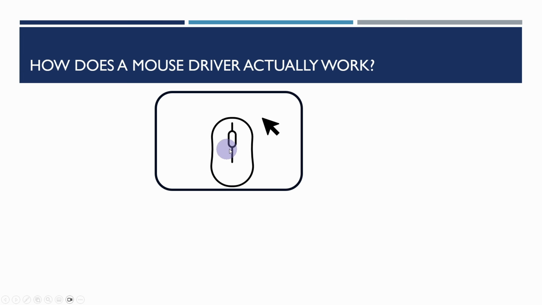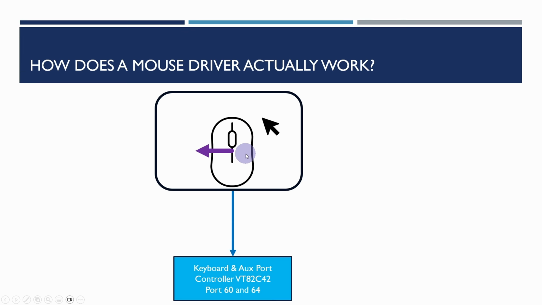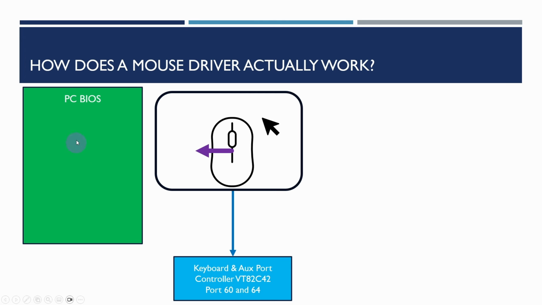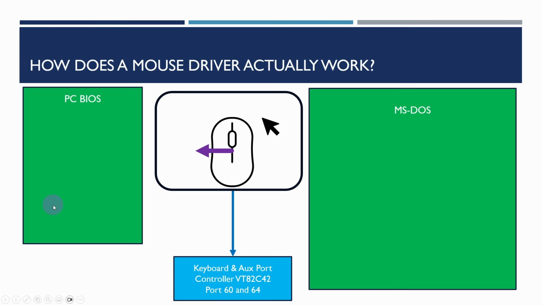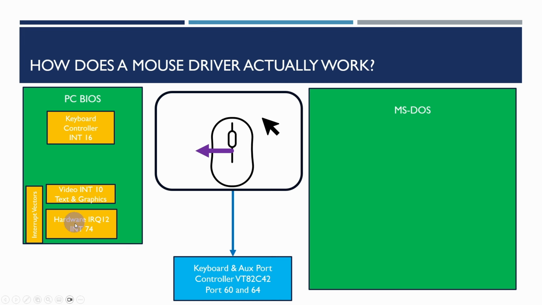So when you move the mouse on the mouse pad to the left-hand side, there are a lot of different parts that get involved. Primarily the mouse is plugged into the keyboard and auxiliary port controller, our 8242 dedicated chip, on ports 60 and 64. The parts that interact with this are the PC BIOS, MS-DOS, and the interrupt vectors in the PC BIOS: the keyboard controller runs on interrupt 16, the video on interrupt 10, and hardware interrupt 12 for the mouse, which uses the interrupt vector for